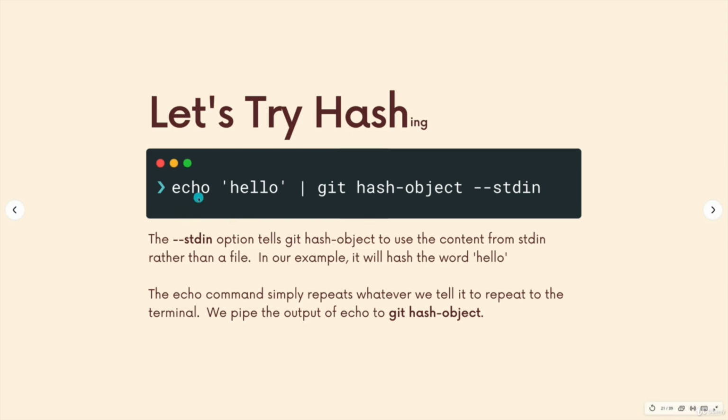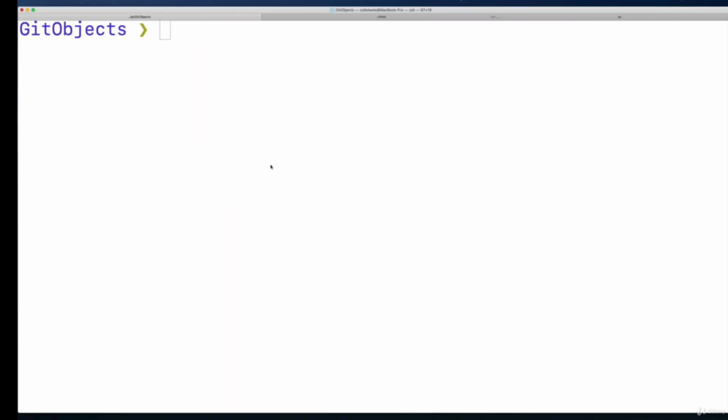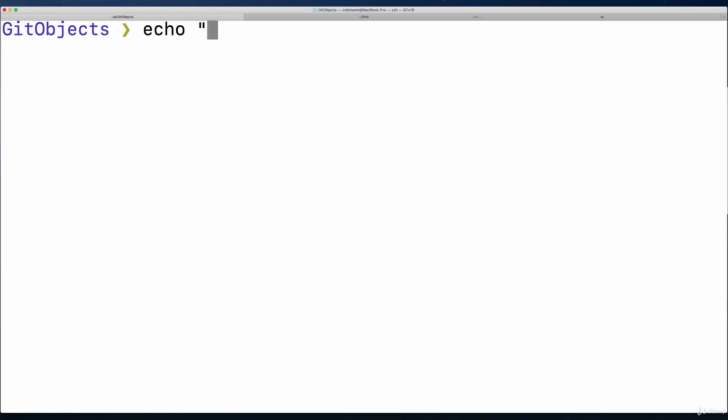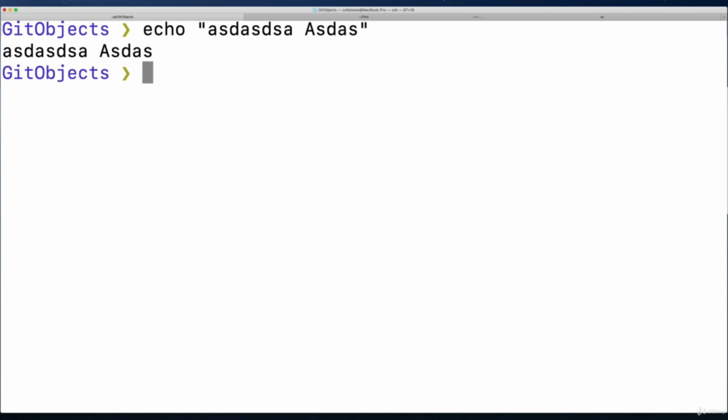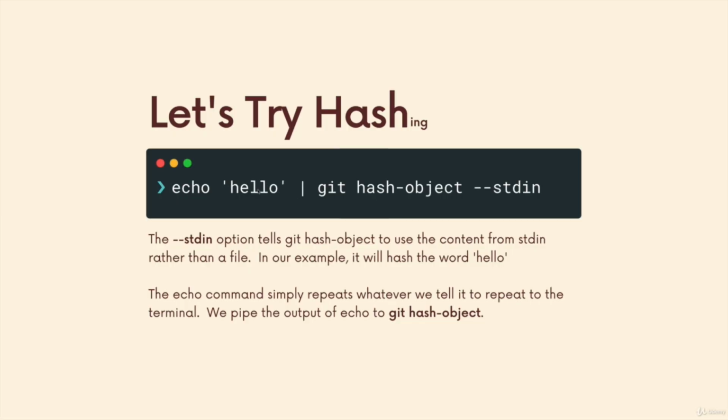This right here, echo hello. If you're not familiar with the echo command, if I just echo anything, it's just returned right back to me: echo, echo, echo, and so on, except only one time. So we can take that output, which is just hello in this case, and then we can pipe it over